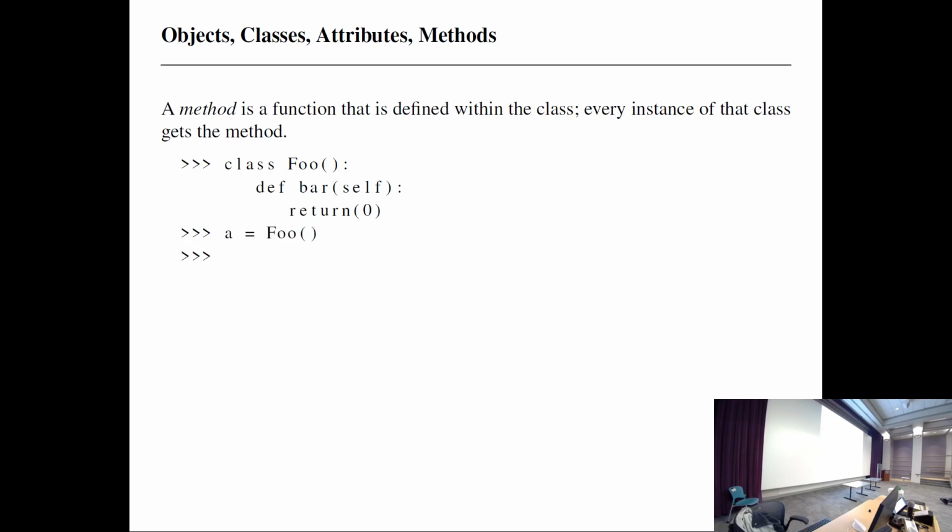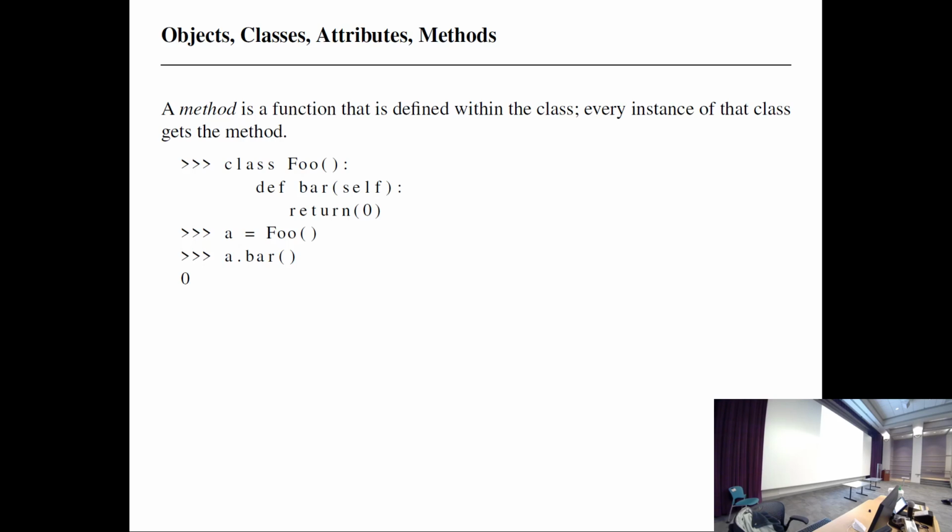So this method just simply returns 0. So if I create an A of type foo, and I ask for a bar with no values here, I get back 0. That's just evaluating this function. You'll notice that a bar with no values,